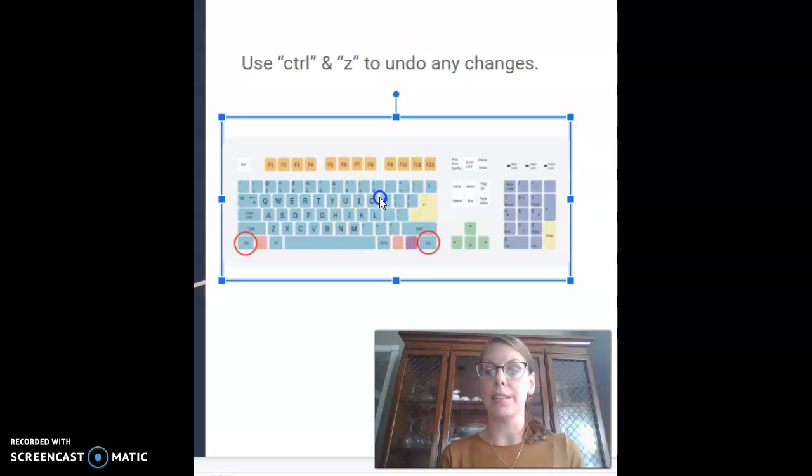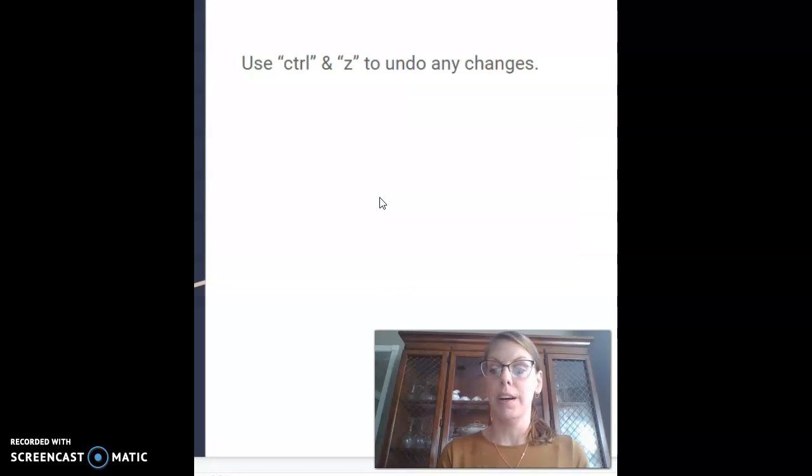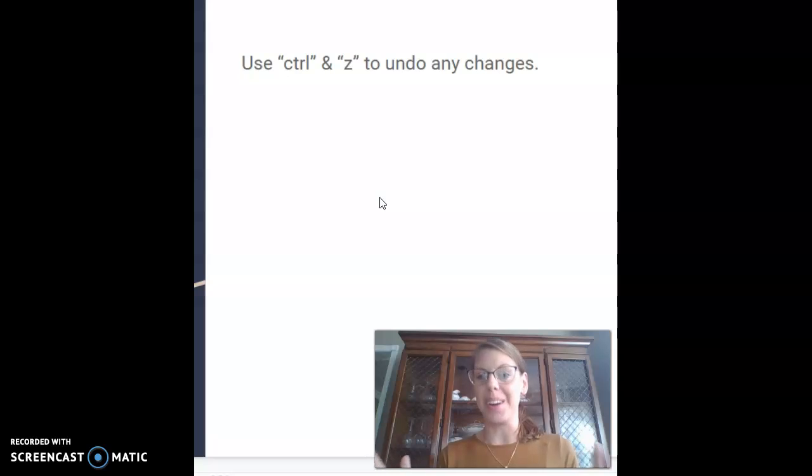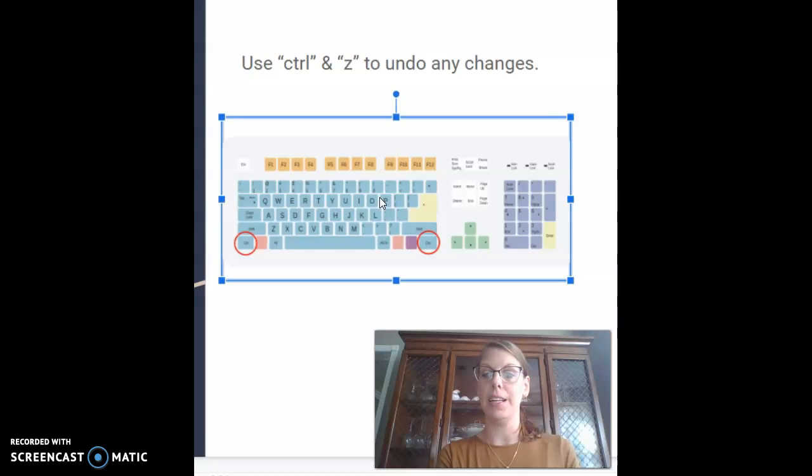I'm going to click this keyboard and make it disappear by hitting delete or backspace. Oh no, it disappeared. What do I do? I hold the Control and the Z key at the same time, and it's back. It works. So Control is found either on the bottom left or the bottom right of your keyboard next to